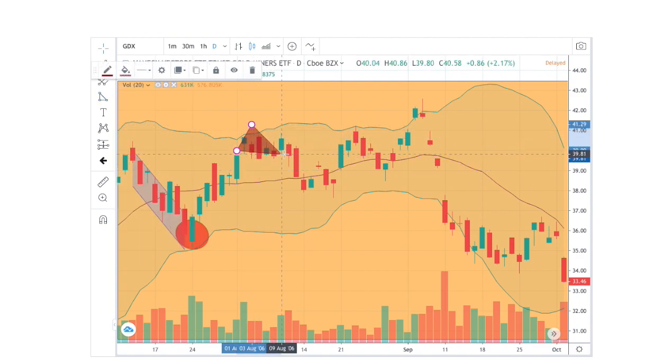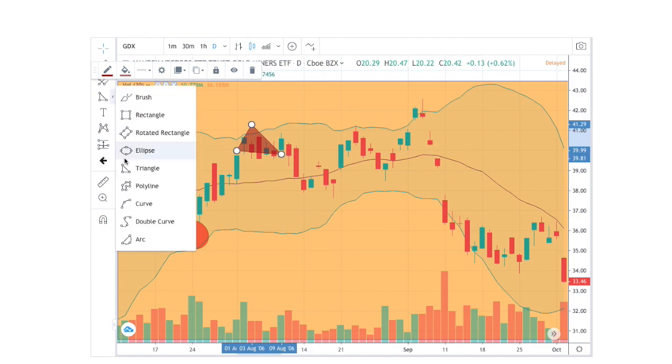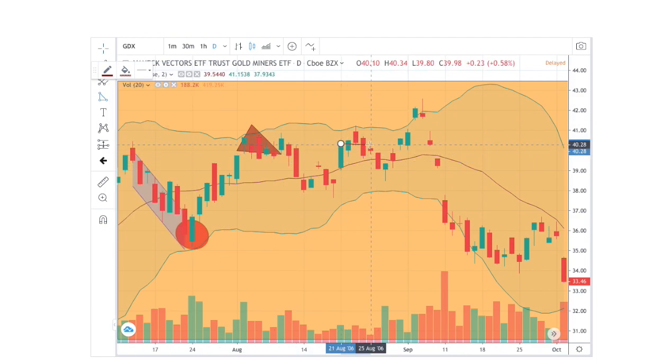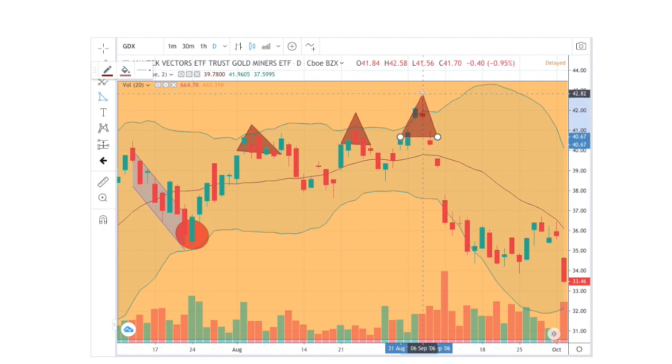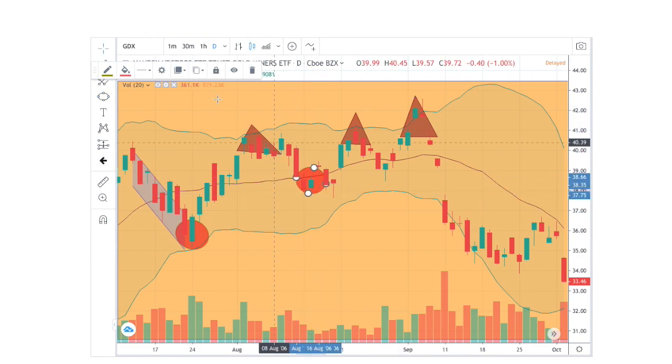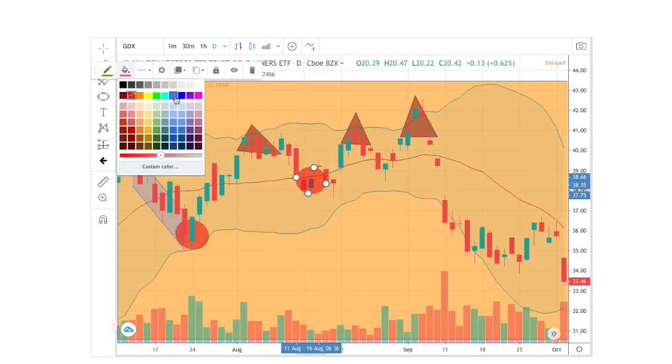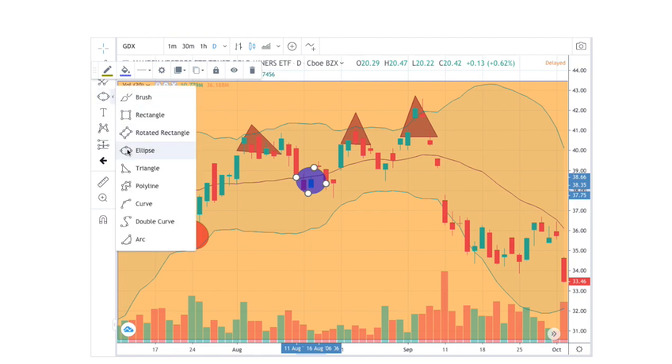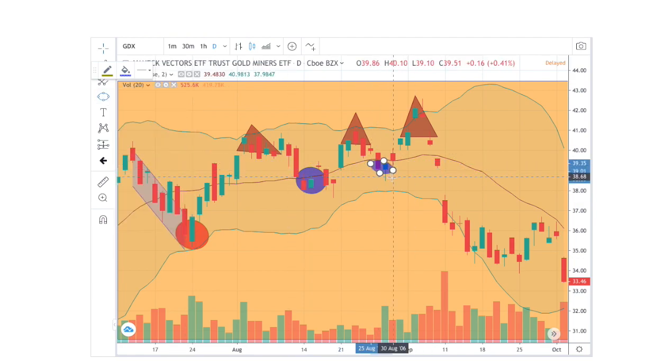Let's draw all the peaks first. We have one peak here as well, and another peak here also, and then in between those peaks we have candles finding support in the middle Bollinger Band twice, and then after peaking 3 times it proceeds to head lower back down,